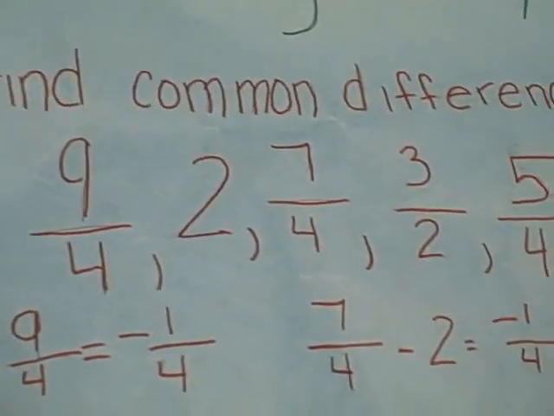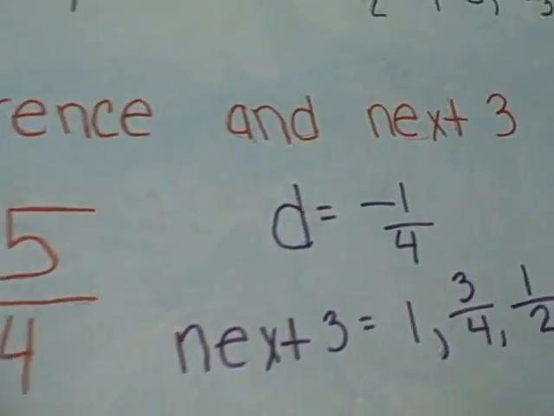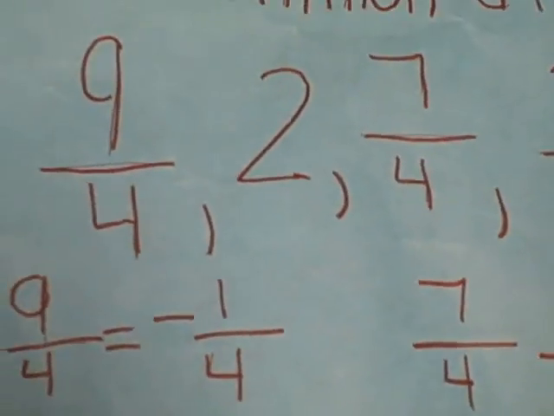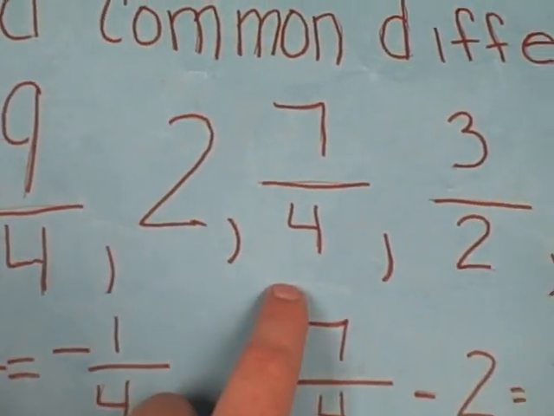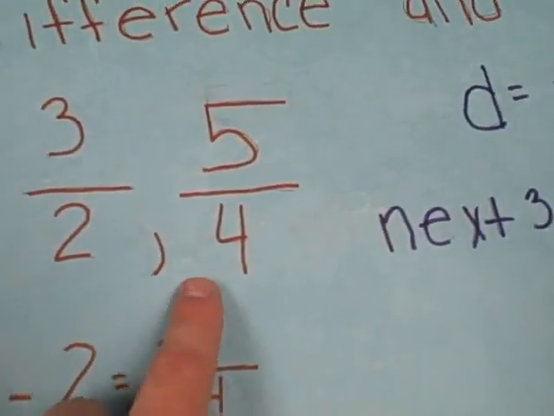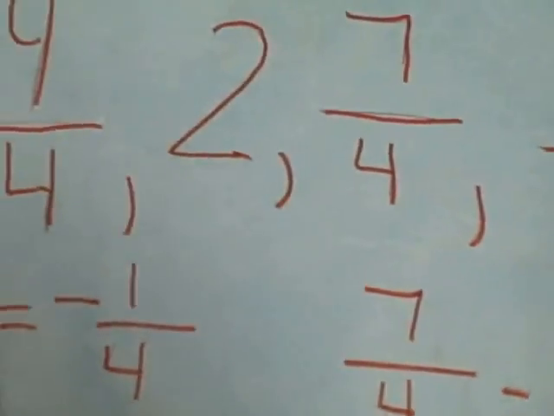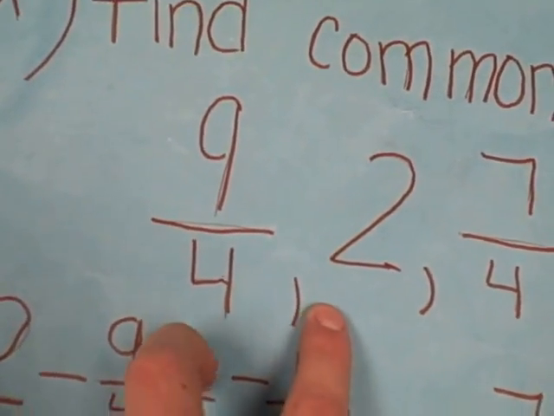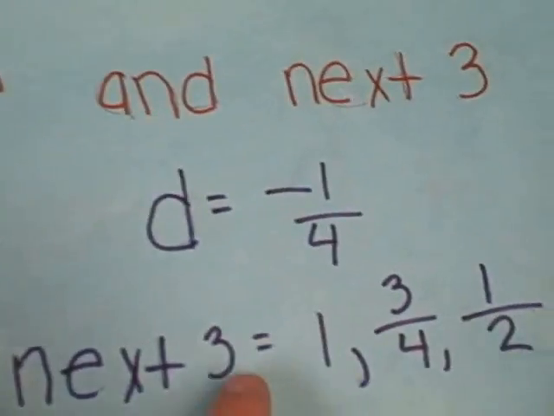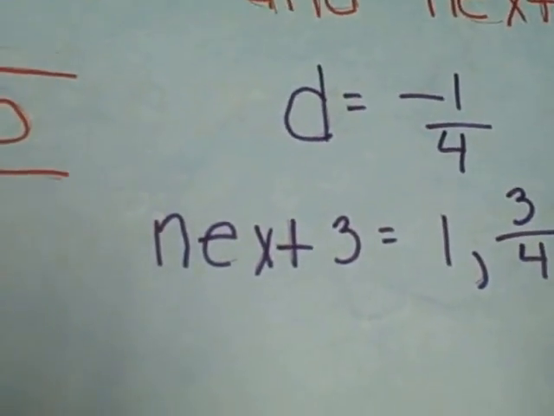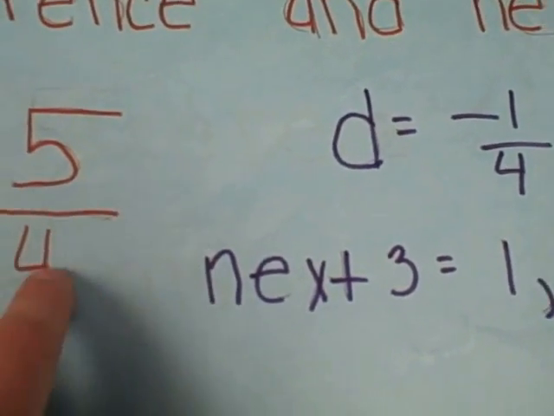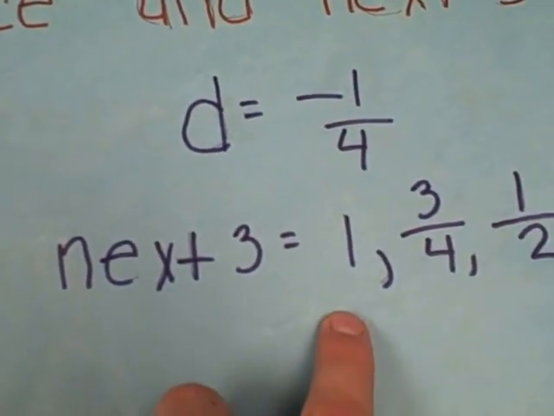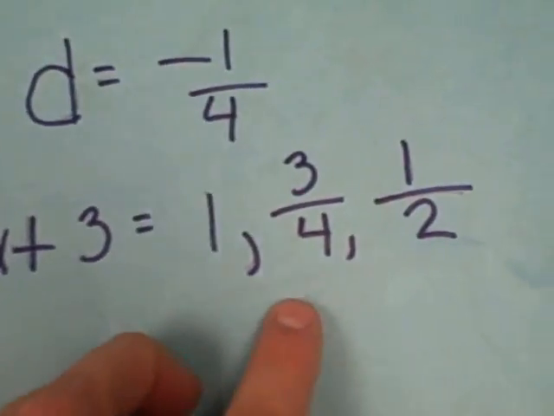Okay, for example, to find a common difference and the next three numbers, you look at the numbers that were given, and we have 9/4, 2, 7/4, 3/2, 5/4. So we would take a2 minus a1, and that would give us our common difference, which is -1/4. And if we keep subtracting 1/4 from each of these, the next numbers would be 1, or 4/4, and 3/4